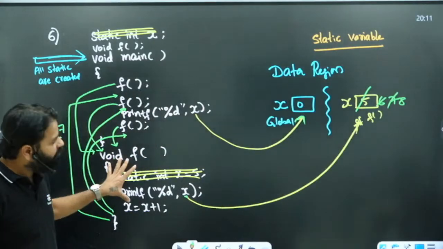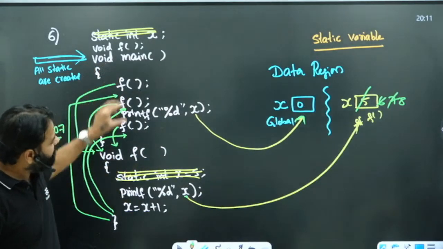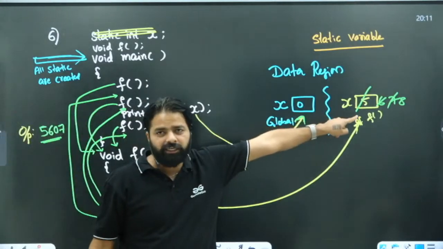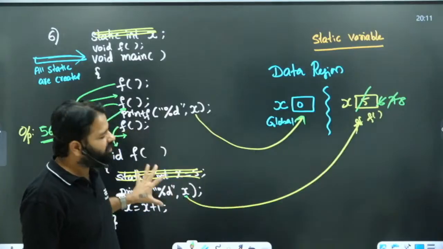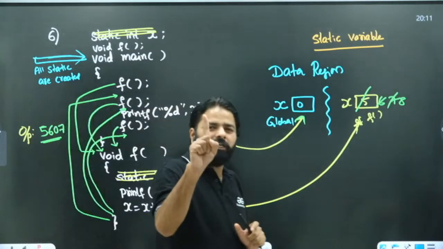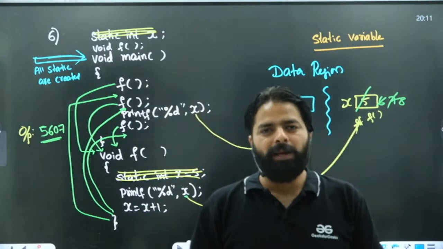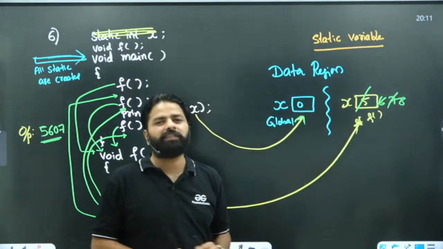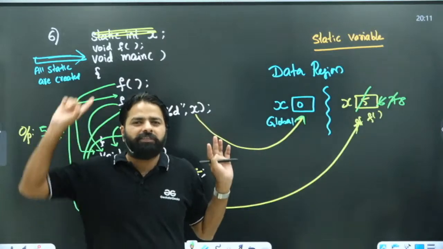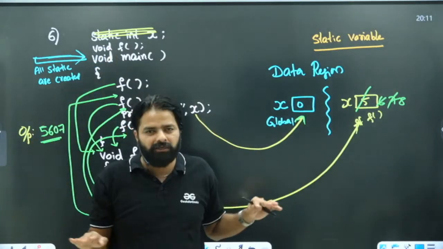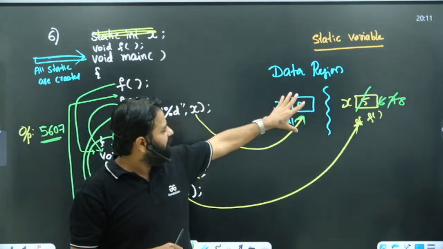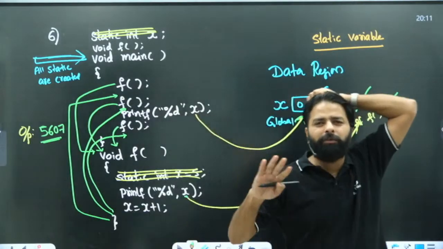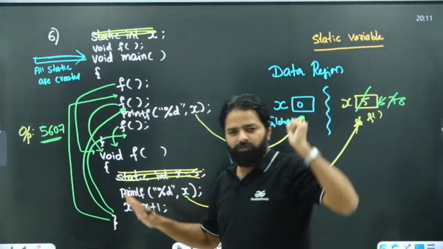And here the advantage is, the previous function call made changes, and the next function call is able to see the changes, because the static variables are created only once. You can call 100 times, but memory is created only once for the static variable, wherever it is, global or local, doesn't matter. And when you don't initialize, by default it will have 0, because in the data region, any memory that you create is by default 0.